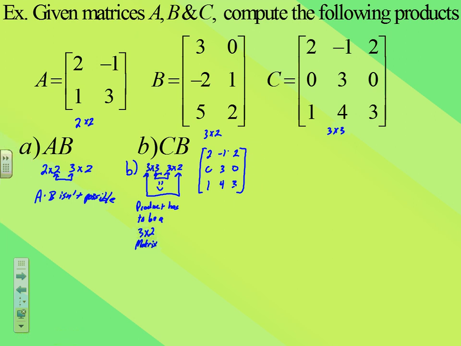Make them the same size because they do have the same number of rows. So here we're going to say 3, 0, -2, 1, and 5, and 2. Now this is where the similarity of addition and multiplication kind of go together, because what we're going to do is look at the number of rows in matrix C, and multiply those to the columns in